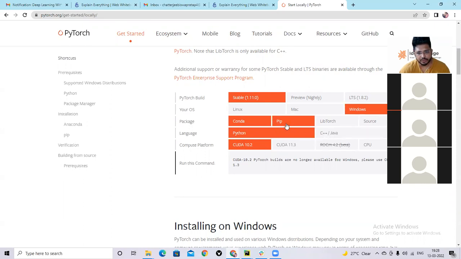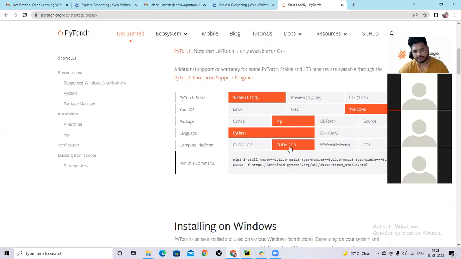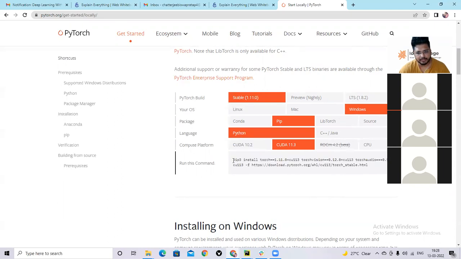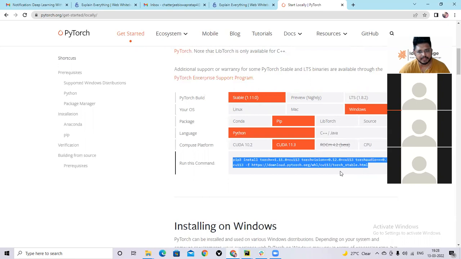If you want to do it with pip, because we are not using Conda, you take pip and whatever CUDA version you have, suppose 11.3, and this is the command. You have to copy this command and run it in the virtual environment that you have created.